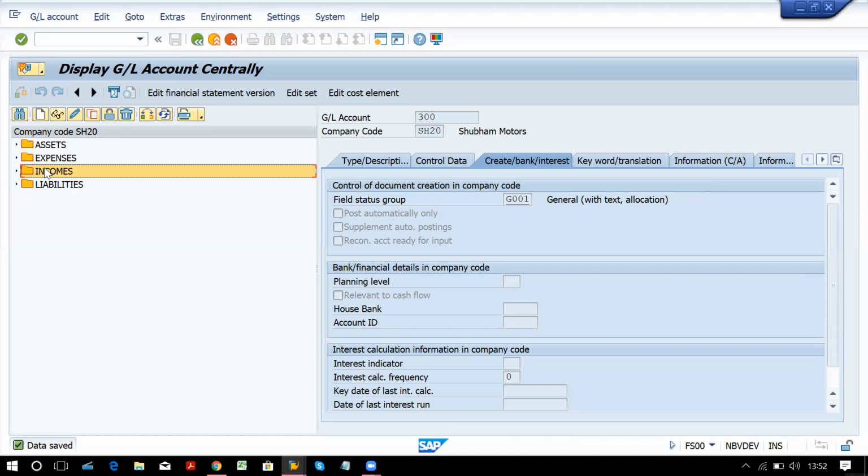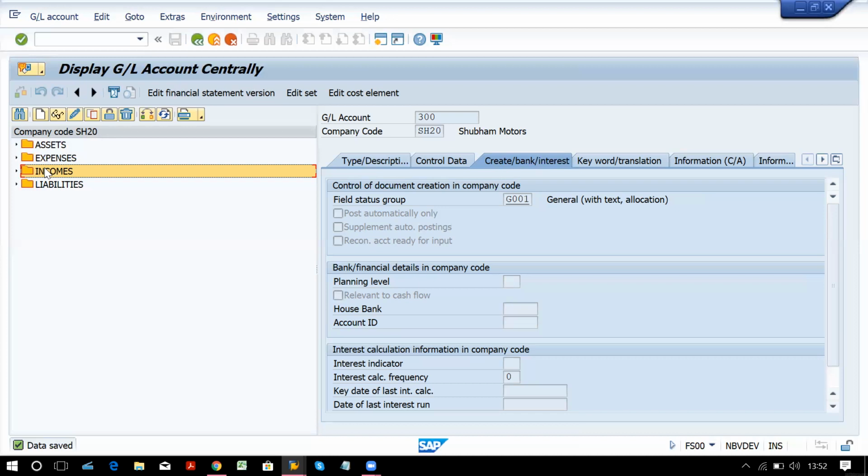For further topics, you can shuffle the order. You can practice AR first, AP first, or asset accounting first. That is okay, but till here you have to follow the flow.